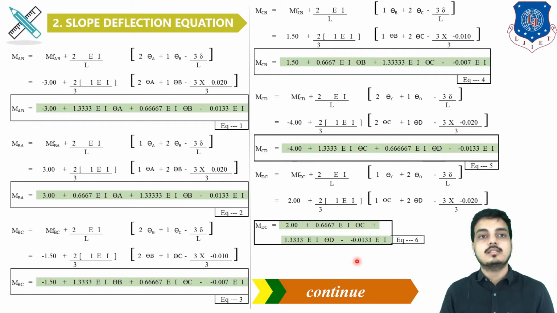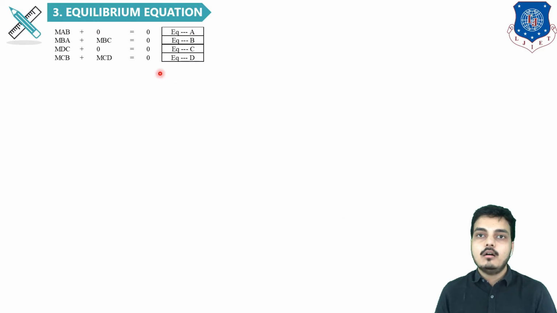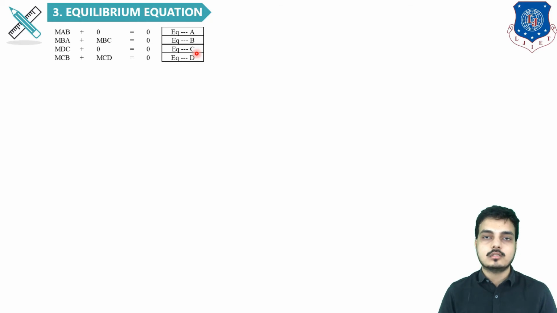Now this is a little lengthy sum because there are 4 unknowns. So now you have to pay attention to how to solve all the 4 unknowns. It is a little tricky. Let's see. Now our equilibrium equation will be, at all the unknowns, the summation of moments equals 0. This rule we know and we have done in the previous sums also. But here you can see there are 4 unknowns at A, B, C and D as well. So for A support there will be only one moment. Now we will be doing it later. Equation A, I will be explaining equation B and equation C first.